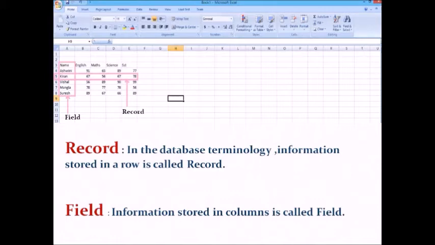So let us start with some special operations which can be used to work on such a database. The record means the information stored row-wise, and the field means the information stored column-wise.